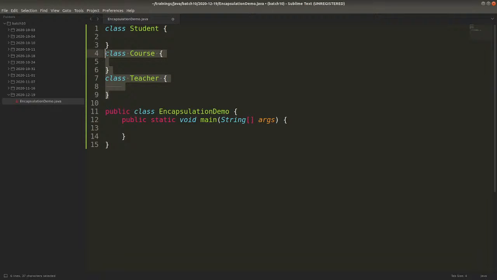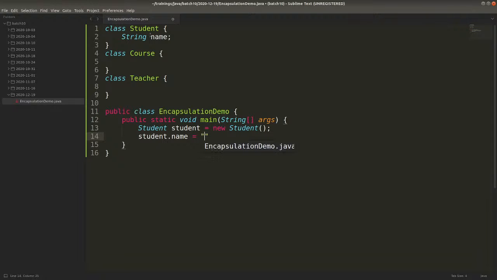So now we are going to write some attributes of the Student class. These are just for example, course and teacher. Let's take the example of a student. I'll write a String variable name. And now I want to make the object of the Student class. So Student student is equal to new Student. Create an instance. We have already seen how to create instances in the previous sessions. So the student object is created, and now I can access the variable name, and I can assign some value to it, let's say test value,